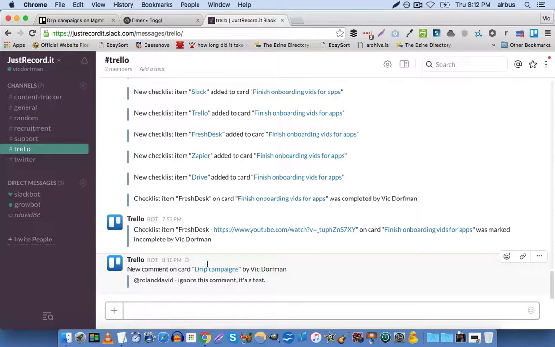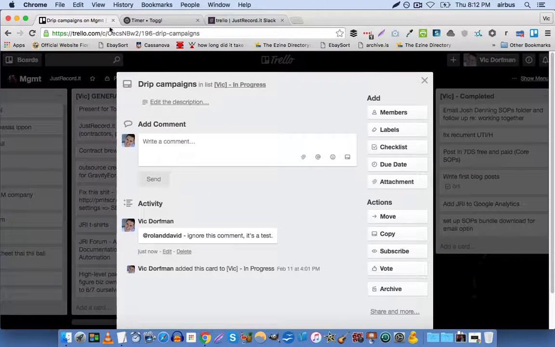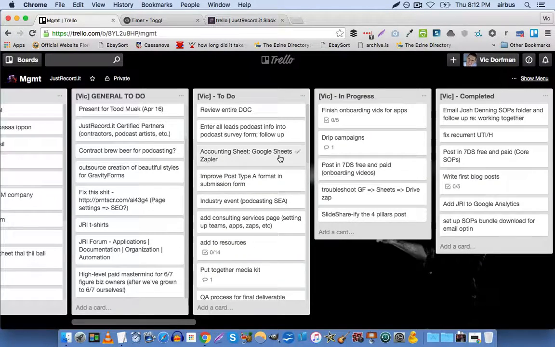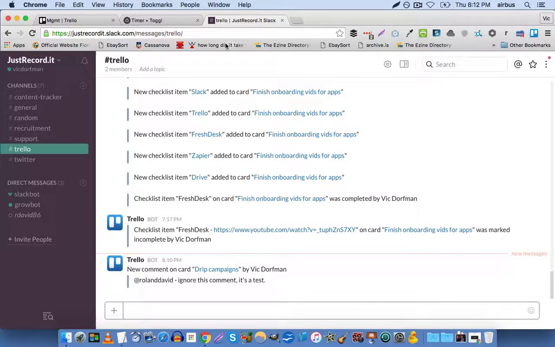And then what I'd be able to do, rather than having to search through all of these dozens of cards and look for this little tiny comment bubble, which is so easy to miss, which is the whole reason we came up with the integration in the first place using Zapier, instead of doing all that, you can just look in Slack and see that, okay, you got a direct message. And then what I do is I actually